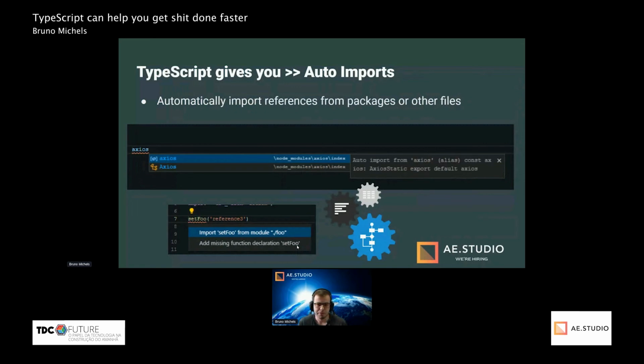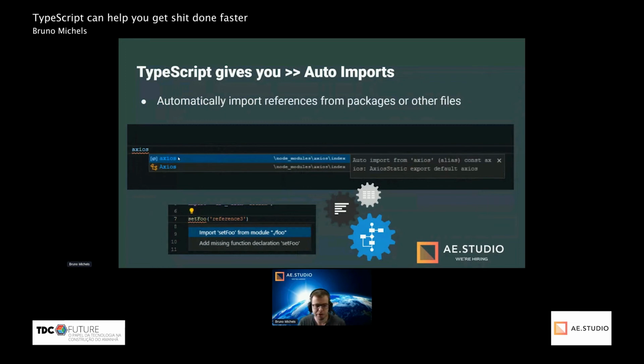TypeScript gives you auto imports. In the first example, I'm using StackBlitz. It's an online editor. And in the second example, I'm using VS Code. In the first example, I'm trying to use a package. I'm trying to use Axios.